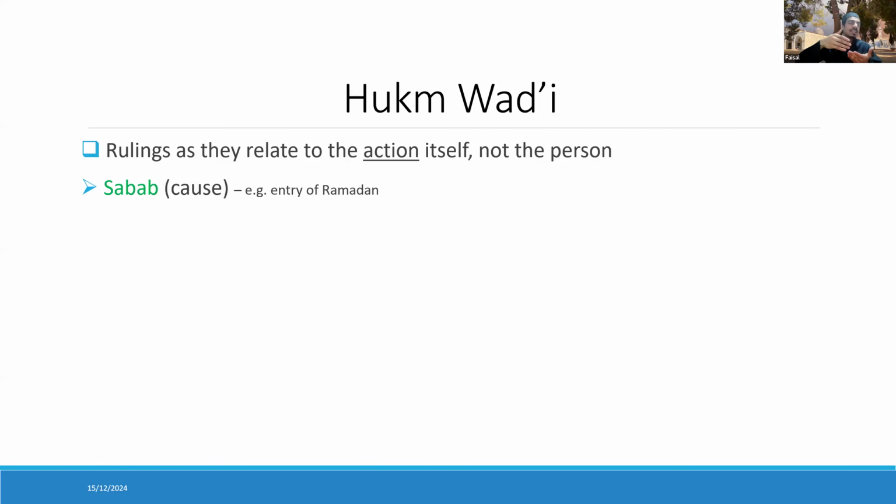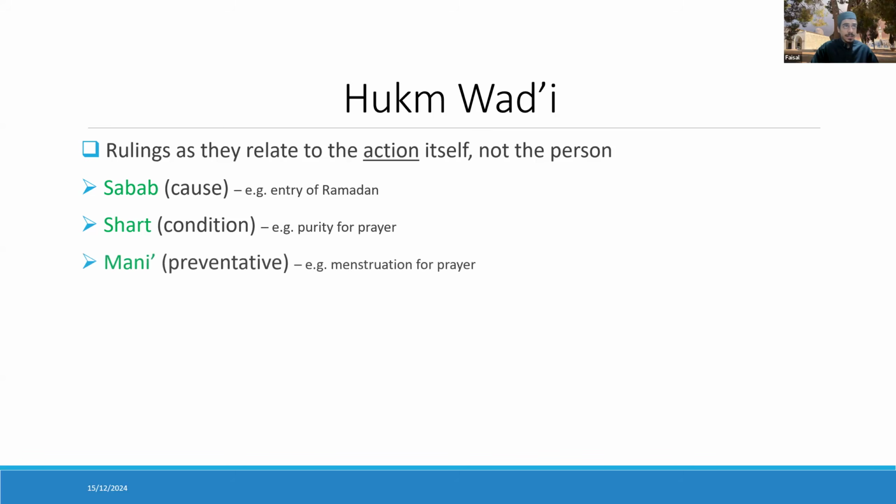And so it's a Hukm Wad'i in terms of it being a ruling that pertains to the action and its validity. Then you also have the term shart, which is a condition, meaning the condition for the validity of the action itself. An example of this would be purity for prayer, meaning you can only perform the salah if you have wudu or ghusl, accordingly. And then you have the third, which is a mani', preventative, meaning this is the thing which, if found,